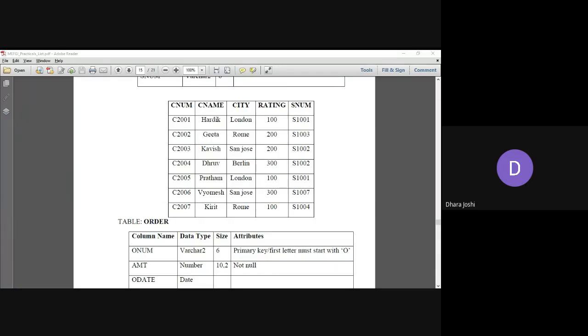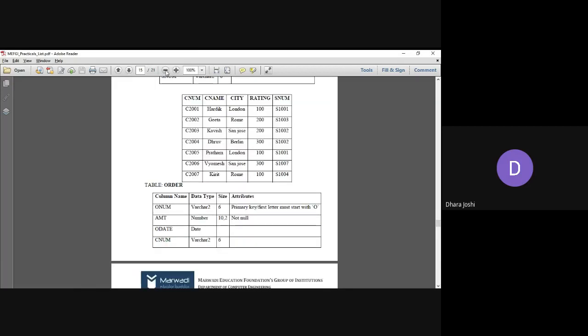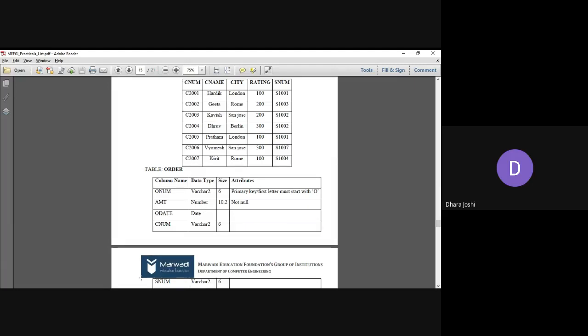Okay, Kumar Pardhan. Okay, so I'm showing you both the things simultaneously. Those who have completed the insertion of the records into the customer relation can start with the order table. In the order table, we have this much record, and on the next page also we have records. So remember that and you can start preparing the order relation.